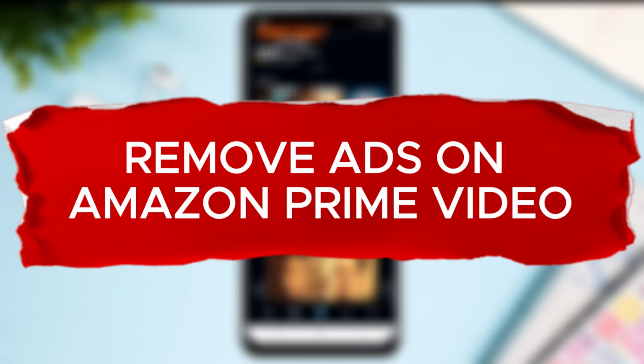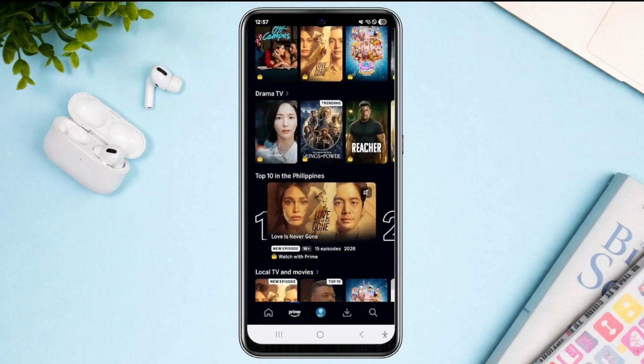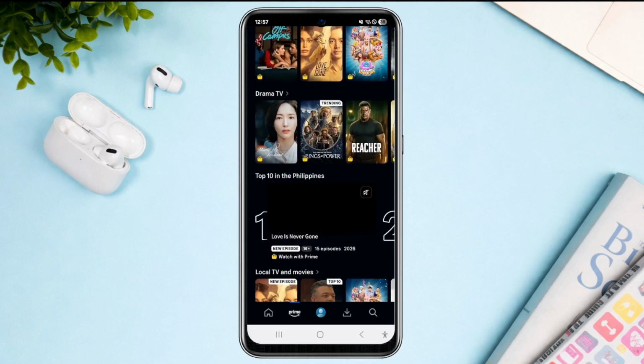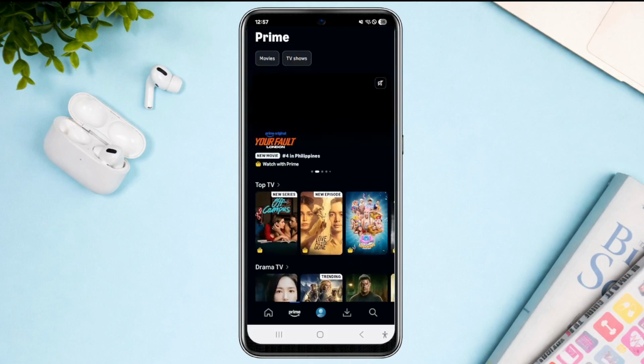How to remove ads on Amazon Prime Video. Now in this video, I'll show you how you can remove ads if you're streaming on Amazon Prime Video. So first is of course pull up the Amazon Prime Video application on your mobile device and ensure that you're using